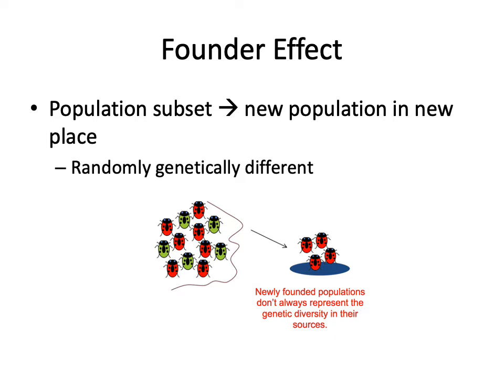For example, we have some red and green beetles, and they start a new population some distance away, and only red beetles end up in this new population, so the new population is different than the original one. An example of this: